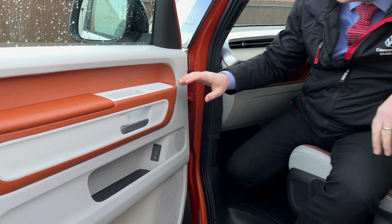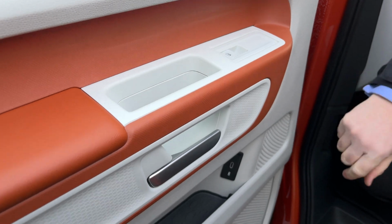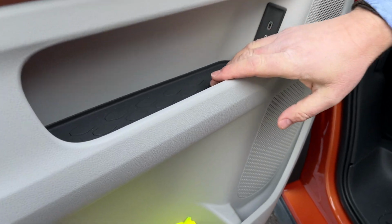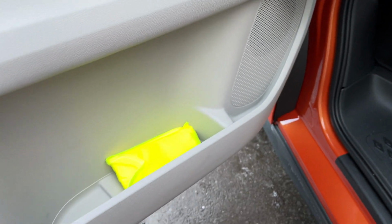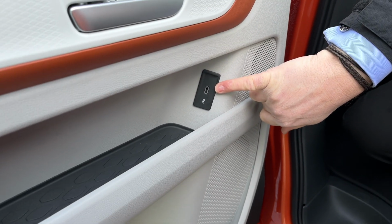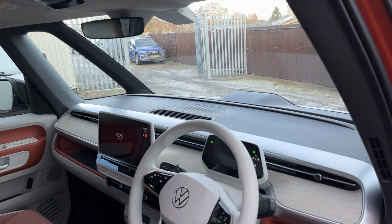Very similar to the driver's side. So the top section on here, we've got our electric window for this particular side, and then moving down again, we've got storage in here with the rubber section. It goes all the way to the back, a bit more down at the bottom, and we've got our USB-C power socket there. It's also worth noting that the front of this vehicle has the intelligent lights package,